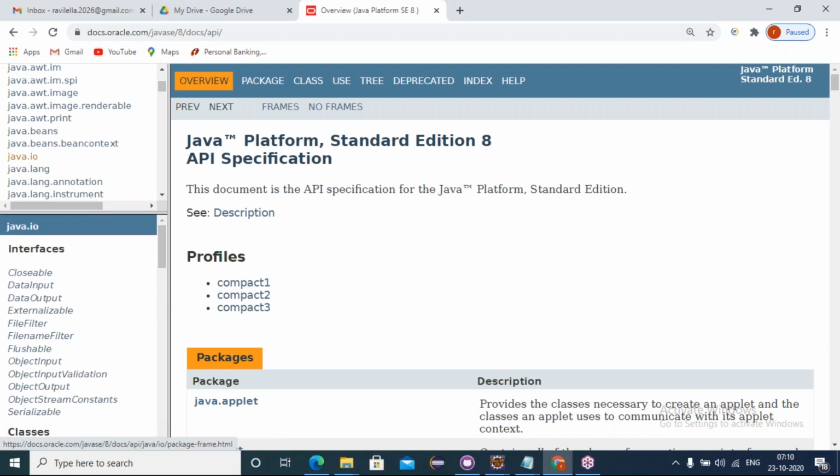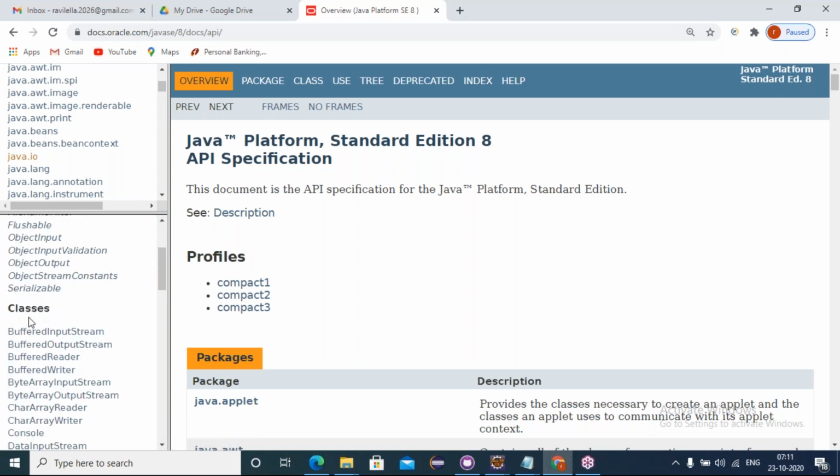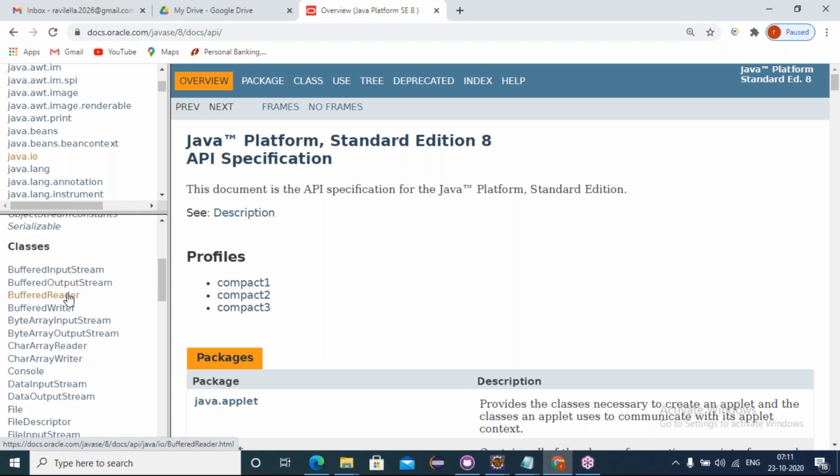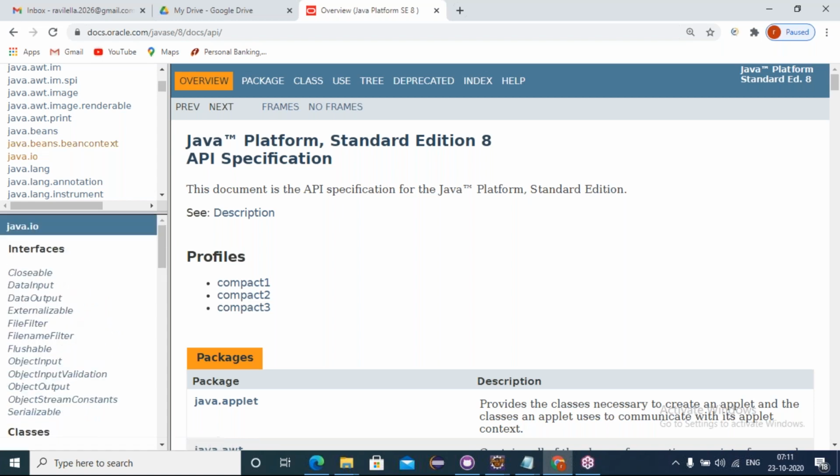All the IO, meaning input output, related classes and interfaces are defined under this package java.io. Here are the group of interfaces and group of classes of IO: BufferedInputStream, BufferedOutputStream, BufferedReader, BufferedWriter, like this. All reading and writing classes and interfaces come under this package as a category.